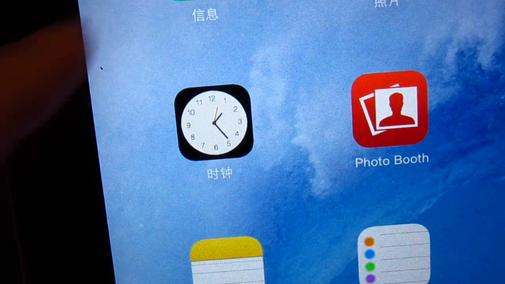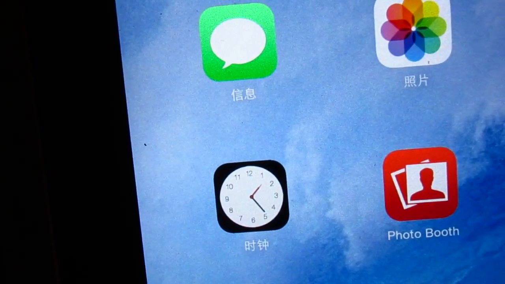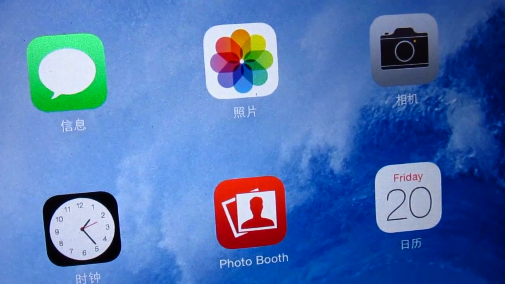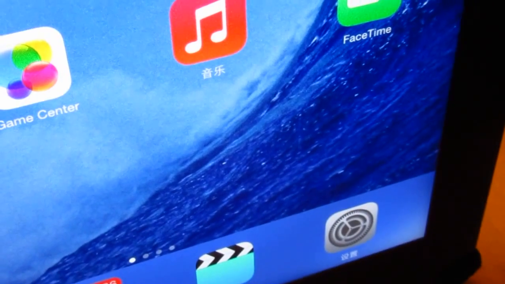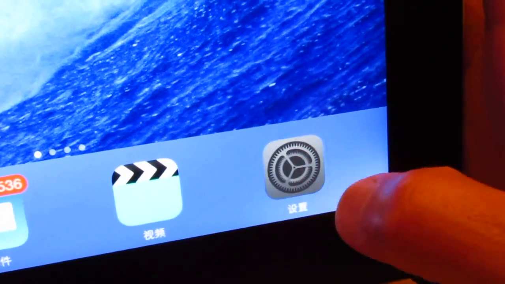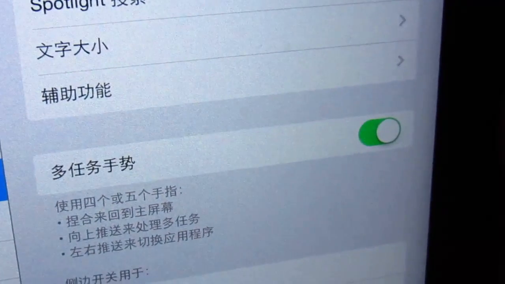And 信息, that is a WeChat. 照片, that is picture. And 相机, camera. Okay, so we go back to language setting. So unless you are sure about it, do not click on that button. So we go back to